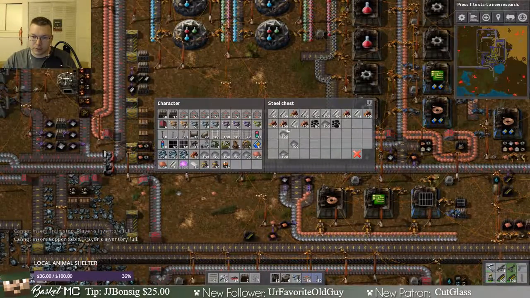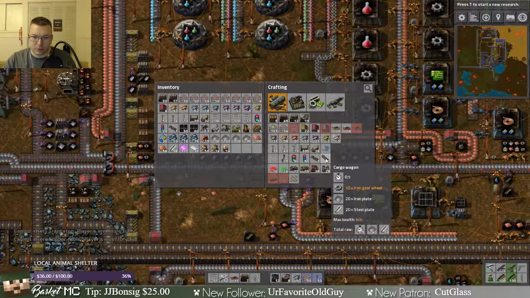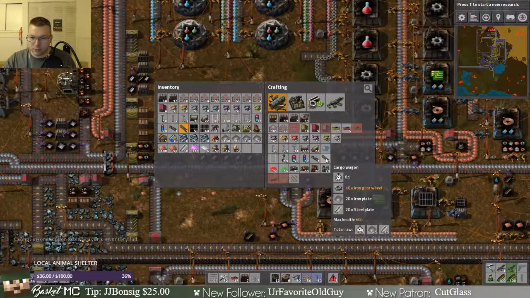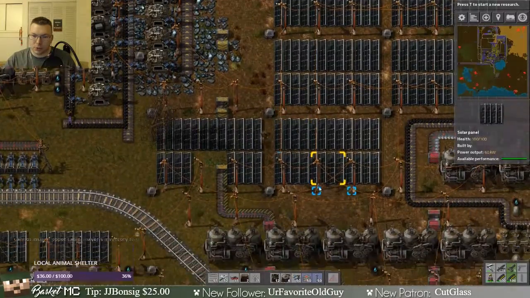Let's go play with my inventory. Then we want, how many cars did I make? Let's make that many. Okay, so what I want to do, let's